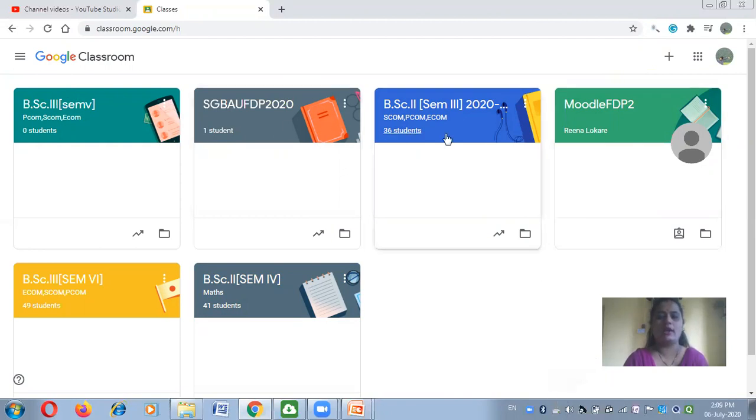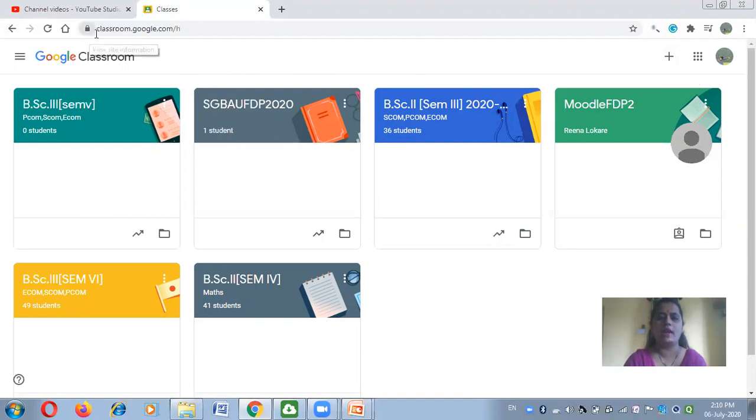Here I have already created my Google Classroom for my students. I am going to tell you how to create a new Google Classroom. You just click on the plus sign which appears on the right side of the screen.